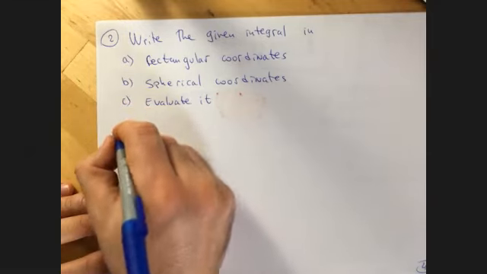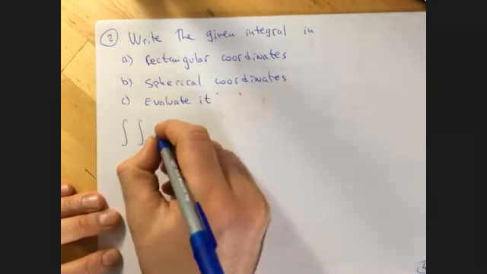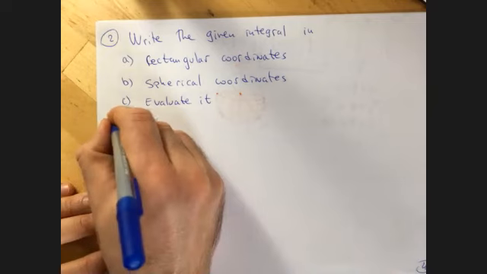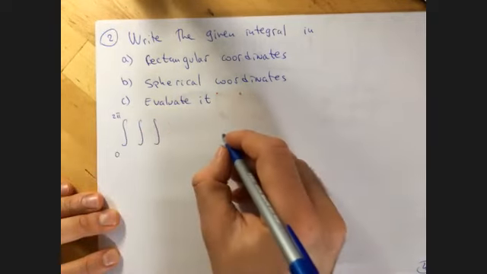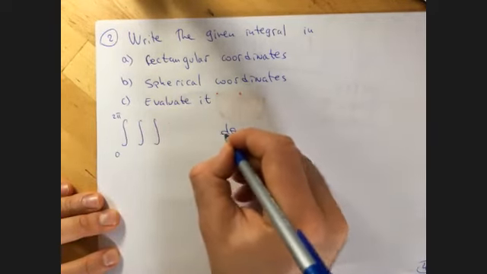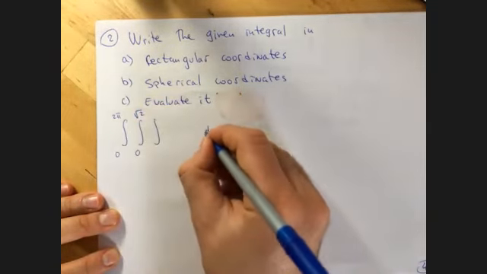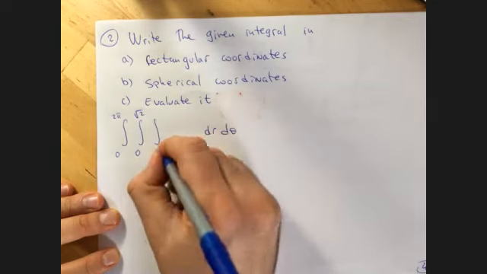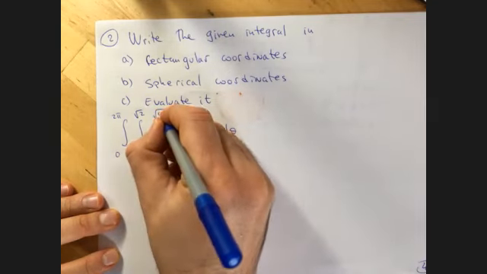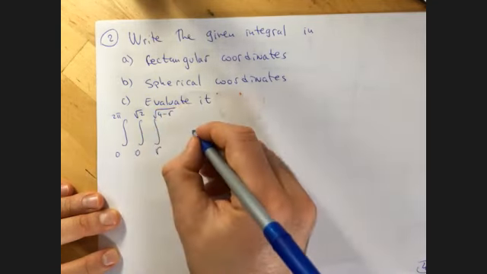The integral is from 0 to 2 pi d theta, from 0 to square root of 2 dr, and from r to square root of 4 minus r squared dz,